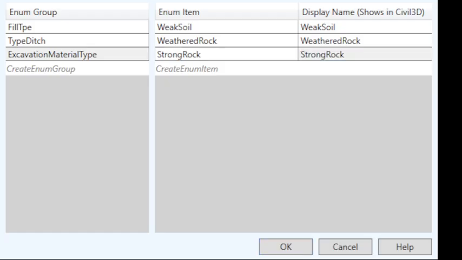After creating this, we will say OK and go to the input and output parameters, and we will select this from the input and output parameters, and on the name, the display, the type of material. We will select and use what we need, the fill type or types of excavation and masonry